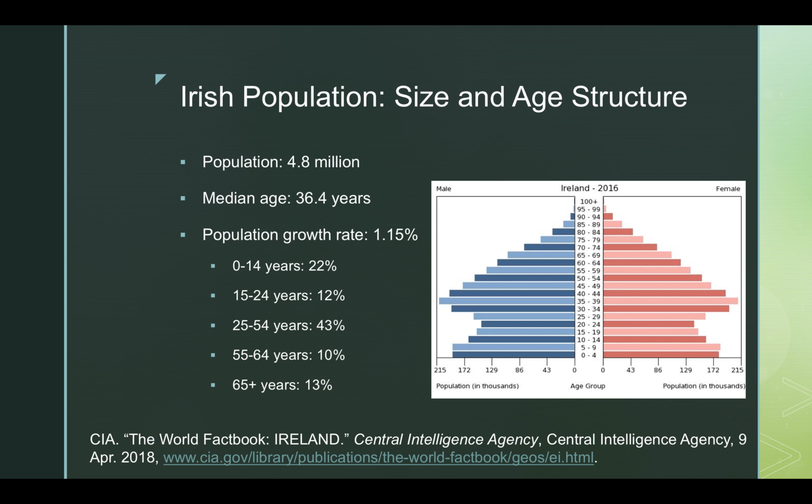Now shifting the conversation, let's talk about the Irish population in terms of size and age structure. The population of Ireland is just around 5 million, with a median age of 36.4 years. The population growth rate is 1.15%. Over the last 50 years, Ireland's high birth rate has made it demographically one of the youngest populations in the